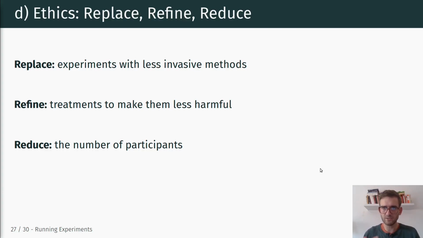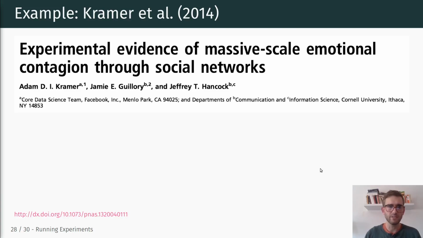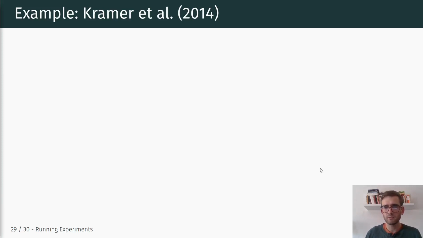To illustrate these points briefly in an example, we're going to look at Kramer et al. 2014, which is also discussed in the Bit by Bit book, and I'm going to upload this paper on Canvas as well, so we can chat about it if you like. The title of this paper is Experimental Evidence of Massive Scale Emotional Contagion Through Social Networks. This paper received quite a bit of attention in the media and quite a bit of criticism as well. The underlying reason is that this was a